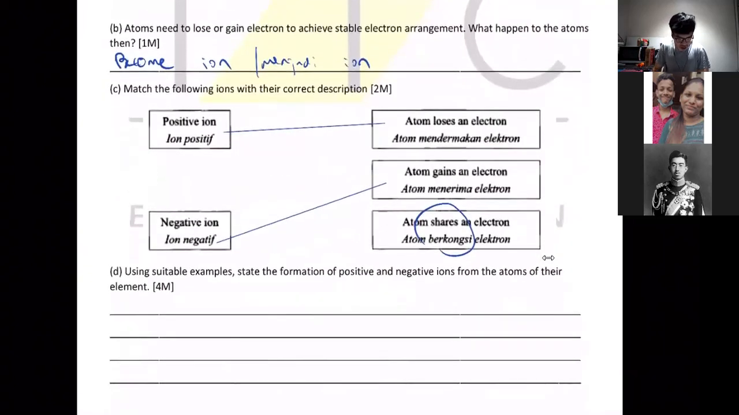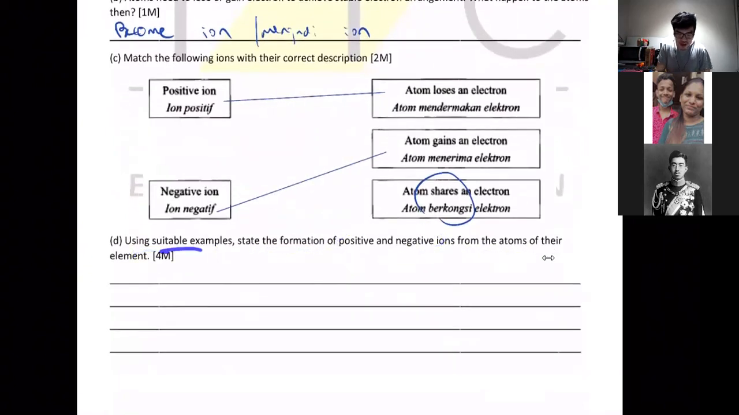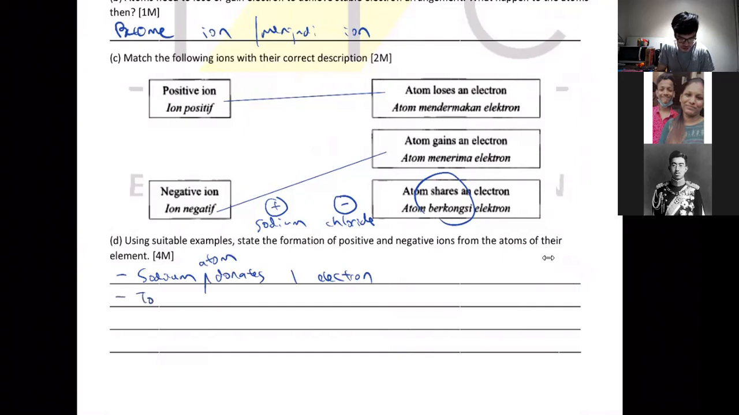Okay, so D, using suitable examples, state the formation of positive and negative ion from the atoms of the element. So let's use example. The best example I can think of is sodium chloride, the salt I said just now. Sodium is positive, chlorine is negative. So 4 marks. So the first one, we can say sodium atom donates 1 electron to form